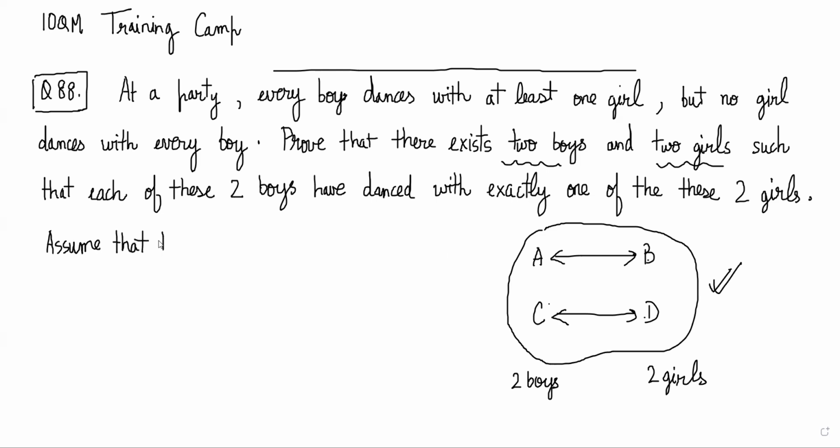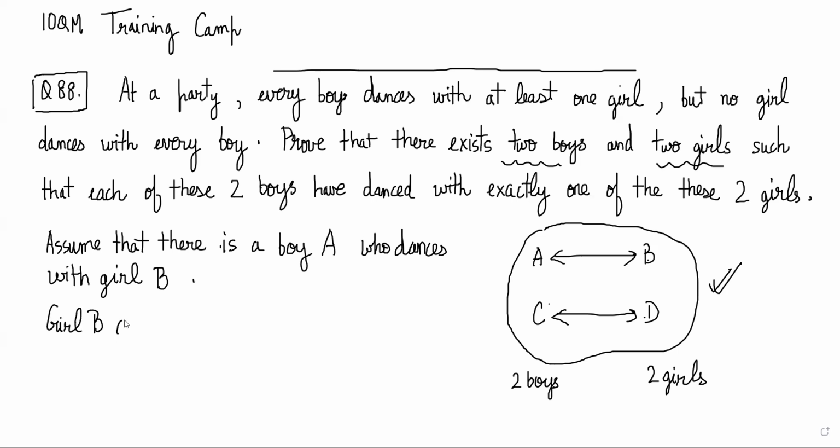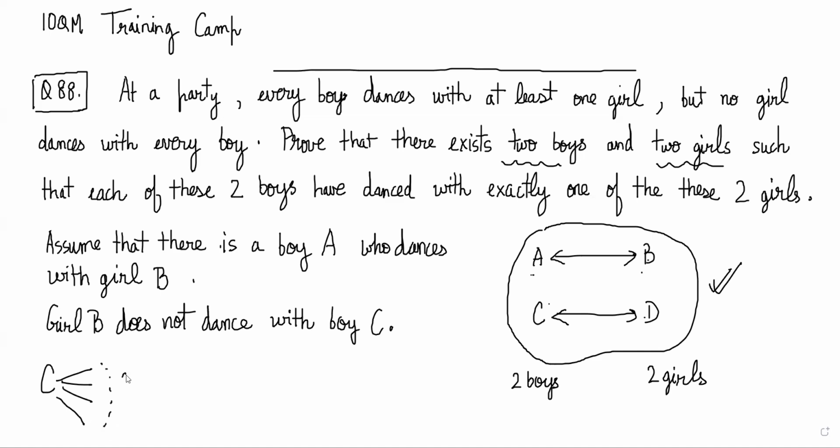assume that there is a boy A who dances with girl B, and we also know that girl B does not dance with boy C. So right now we have assumed that there is A and B such that A and B dance together and B does not dance with C. Now, if we think about it, C has danced with several girls. Among the girls who have danced with C,